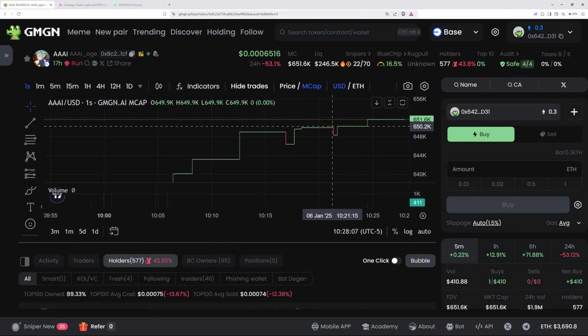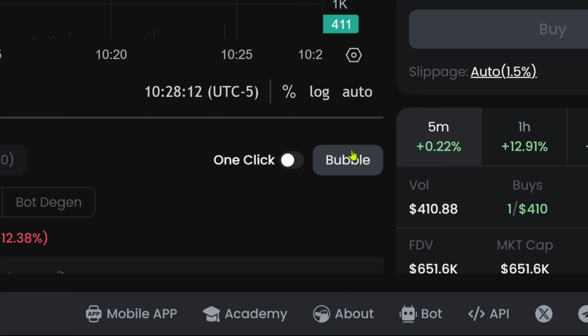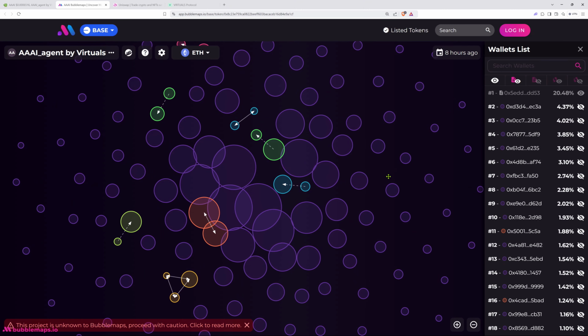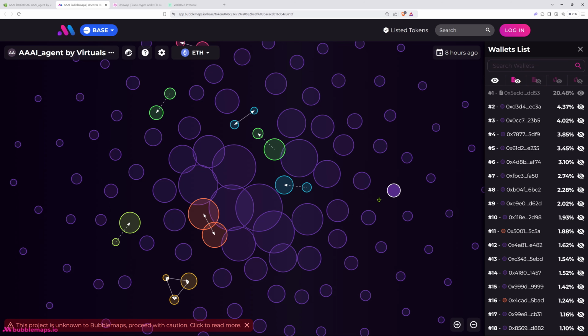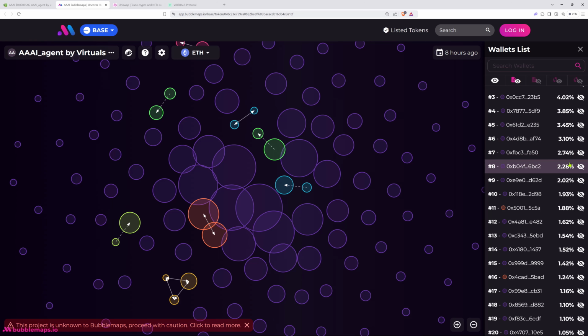That's very, very important to find out if these guys are going to dump on me. And if you click this bubble map here, it may not work for these new ones, though. And it does. This is awesome. So, guys, this is a powerful tool as well. So when you're looking at the holders over here, you may be thinking, okay, well, 4% isn't bad. 4.02% isn't bad, 3.45% isn't bad, 2.74% isn't bad, right?